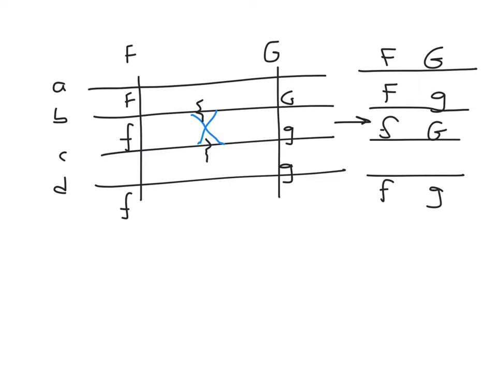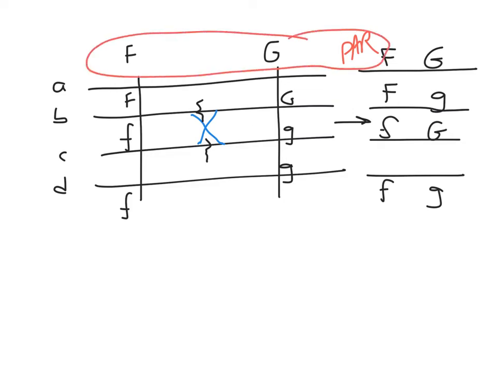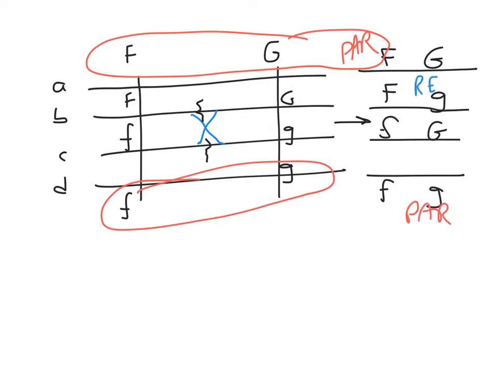So what percentage of the gametes are recombinant? How many have been involved in recombining alleles at different genes? How many have stayed exactly the same? 2 out of 4. That looks like a parental haplotype. That looks like a parental haplotype. And these 2 in the middle have recombined. They're recombinant types. Big F with little g, little f with big G. So 50% recombinant